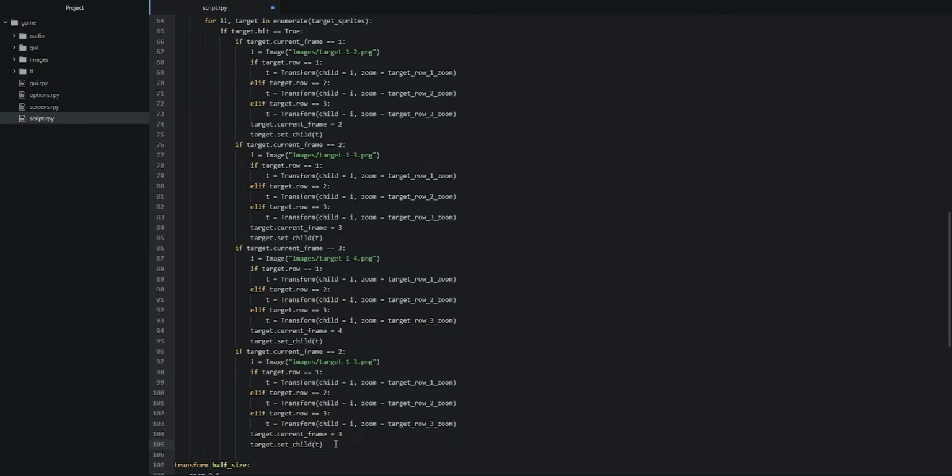So now we're going to check if the current frame is 4 instead of 2. So we're going to say 4, and then we can leave the path as it is because we want to go back to the third frame after we have been at the fourth frame. And then we need to change the current frame attribute to say 5 instead. And then we'll do the last frame for the animation. So we can go ahead and copy paste this